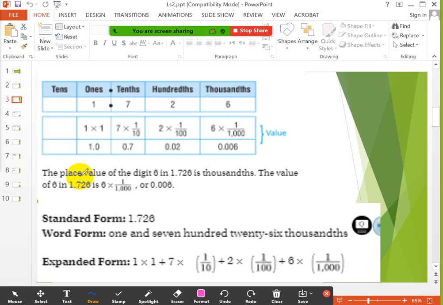You remember we have 3 forms in any number: standard form, word form, and expanded form. And today we will talk about this also, but we will talk about the digits after the point. That means the decimal part. Okay, so if I want to write the numbers, this number,